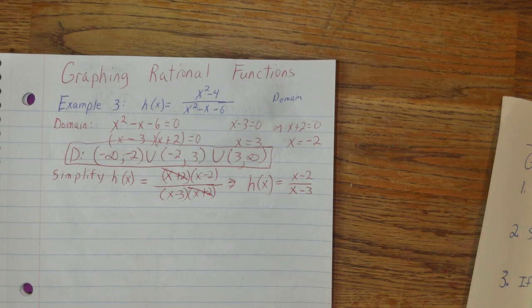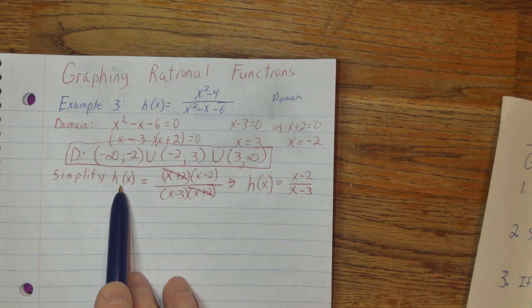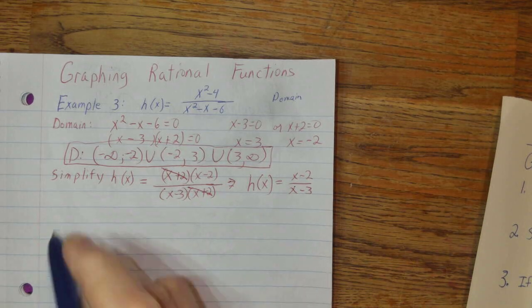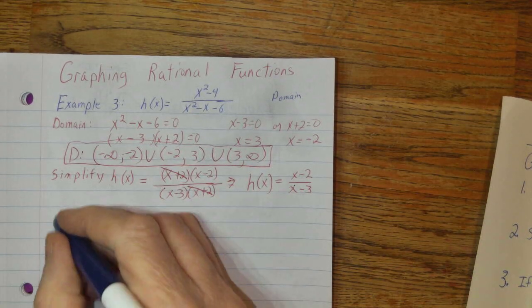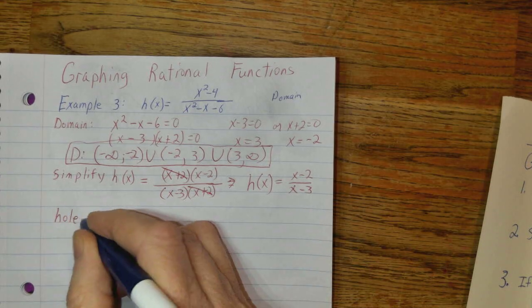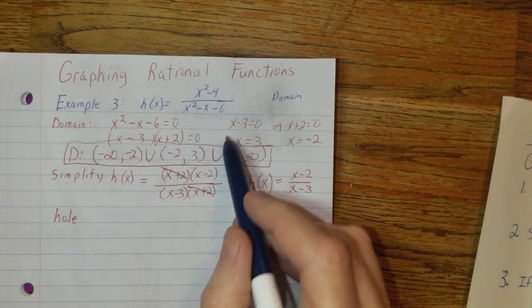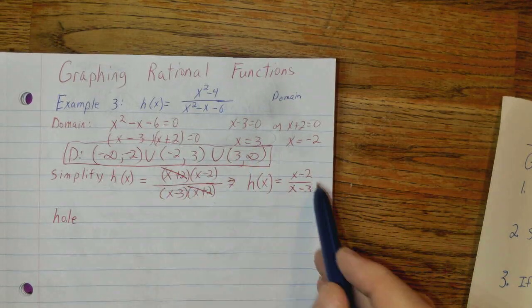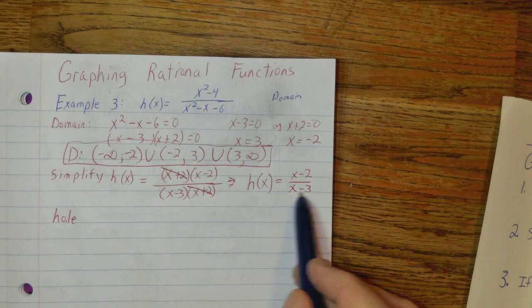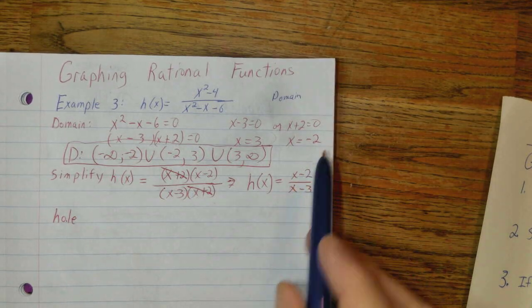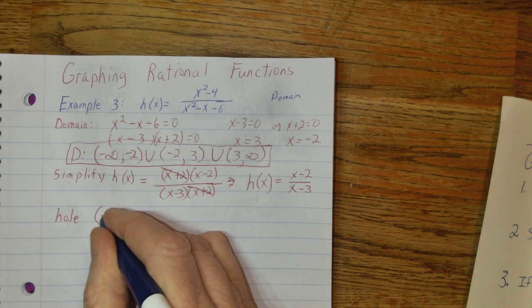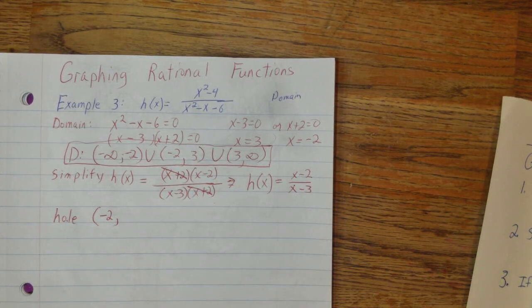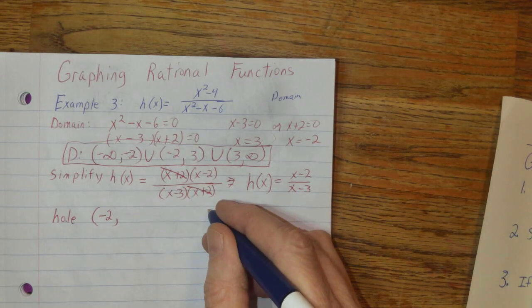Now, here's the other issue I want to discuss with you. We are simplifying h of x, and this is an example that will have a hole. We had 2 zeros in the denominator. The negative 2 actually just kind of cancels out. When you look at the simplified version, that's not going to be a vertical asymptote, but that is going to be a hole. So we're going to have a hole in this at negative 2,